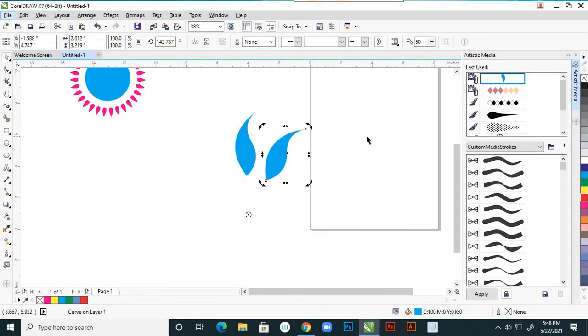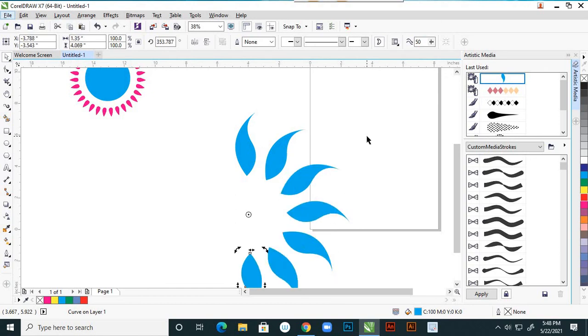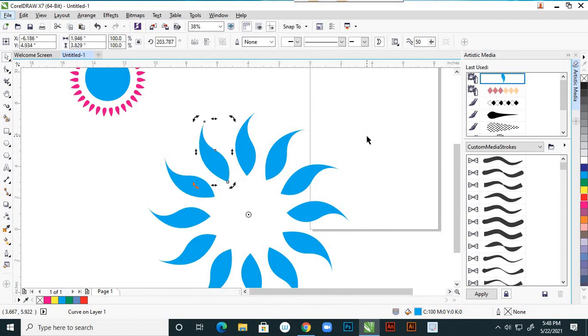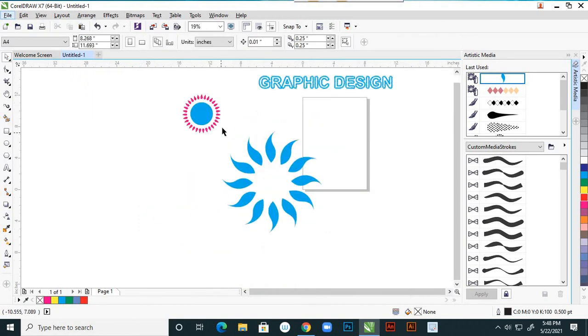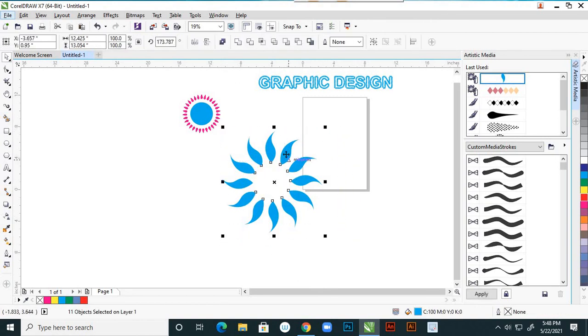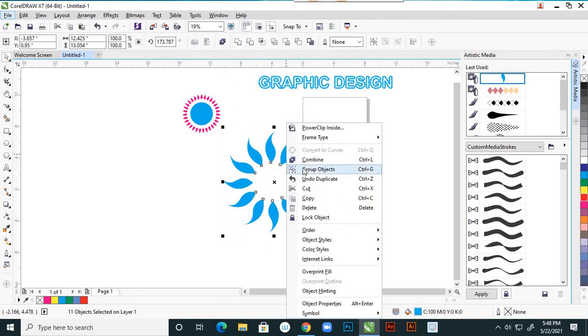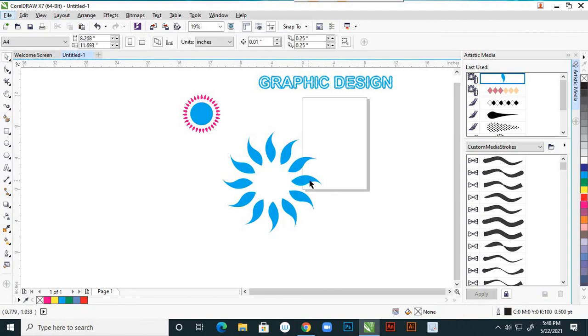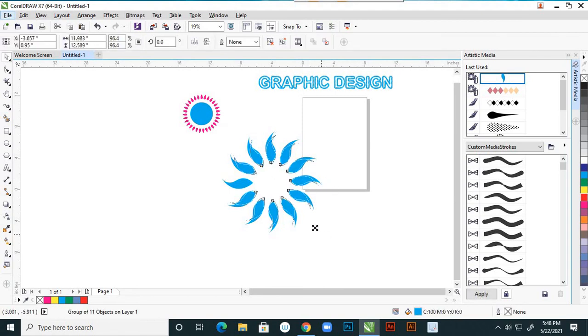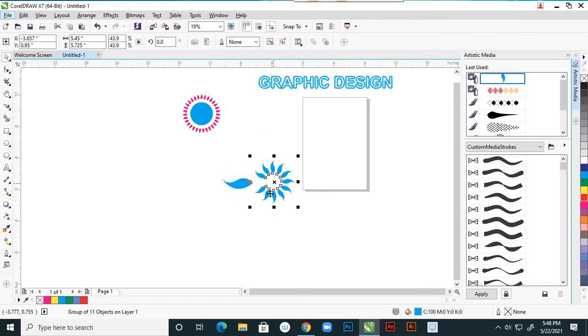Alright, so applied right click, and here press Control and D. Keep your finger on Control and D. See here we are creating duplicates of the same shape. So select everything and right click and group objects, right? You grouped objects. So now it is one object. Beautiful.